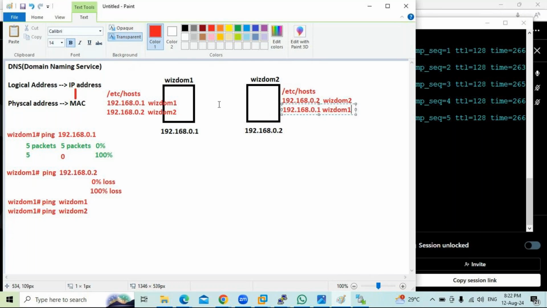Like here also, if wisdom2 wants to communicate with wisdom1, type ping wisdom1, it refers to the hosts file, and wisdom1 resolves into an IP. With that IP, wisdom2 can communicate with wisdom1. Now both machines can talk to each other with host names without knowing the IP address. This was the job of network administrators in the earlier days when DNS was not implemented. So in this scenario,